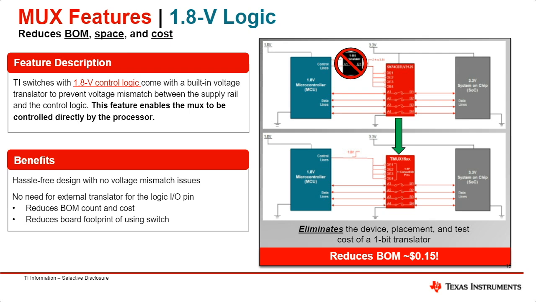But at the bottom, you see a multiplexer that already has that 1.8 volt feature. It's embedded inside of it, so there's no need for a translator between the MCU and the multiplexer. The MCU can just send its 1.8 volt signal to the logic pins of the device, and then the device can pass the voltage signals to its switches, switch accordingly, and talk to the downstream components of the system. As you can see, if you don't have a translator in your system, it reduces the footprint and also reduces the cost because you have one less device.